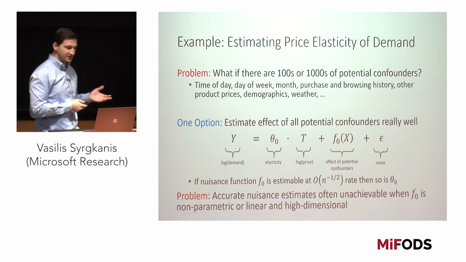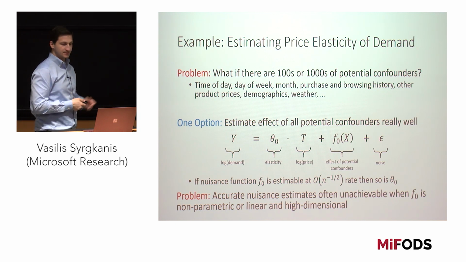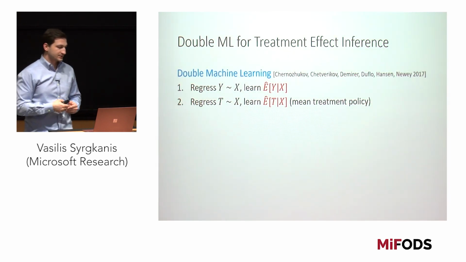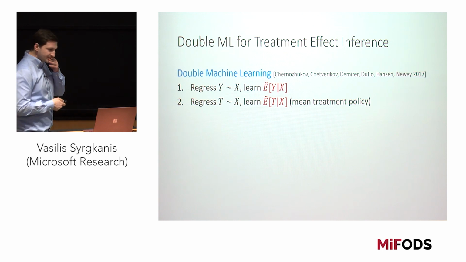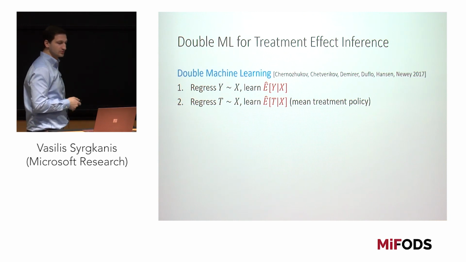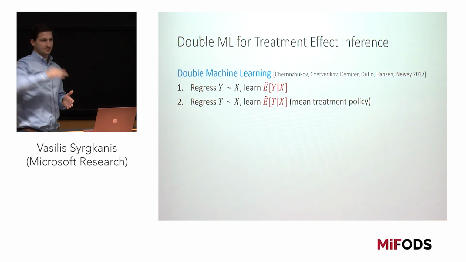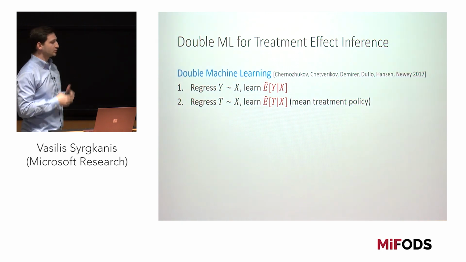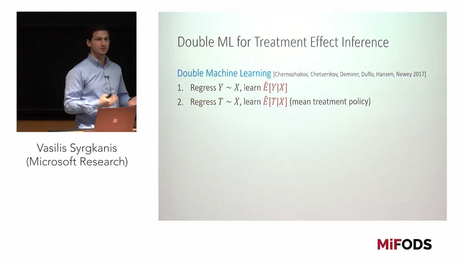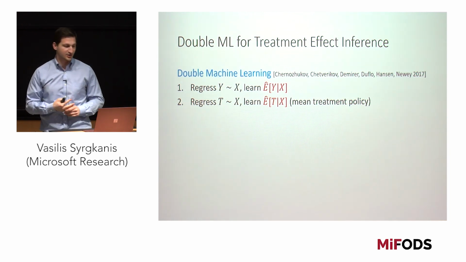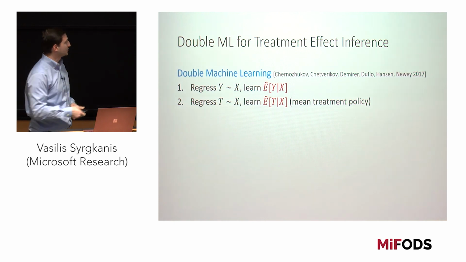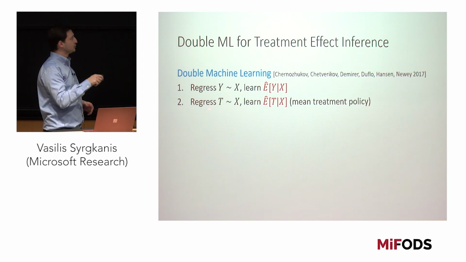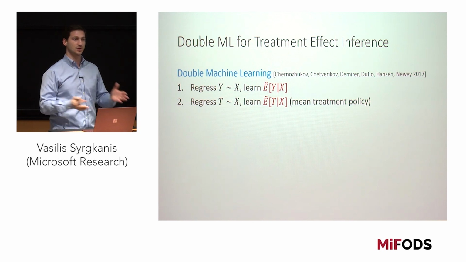And so here's a solution that was recently proposed by a group of econometricians, many of them here at the econ department. That's typically referred to as double machine learning. Okay. So what does double machine learning propose that you should do? It says, let's try to predict the outcome from all of these things that you're trying to control for, from all of the confounders. So here you're trying to build a predictive model, and you can use whatever predictive modeling pipeline you like. You can use any machine learning algorithm that you want to solve this prediction problem, which is just a normal regression. Similarly, you will try to predict the treatment, the price, from all of these things that you want to control for.